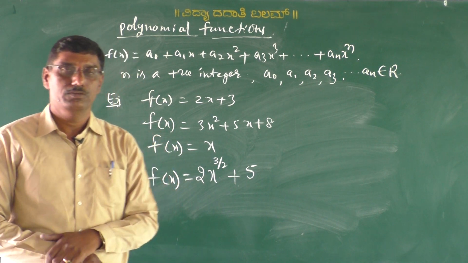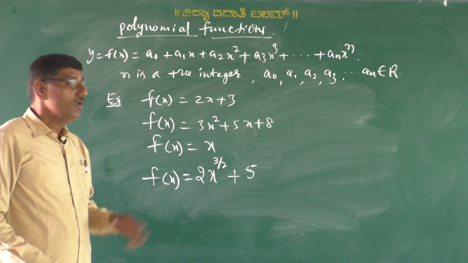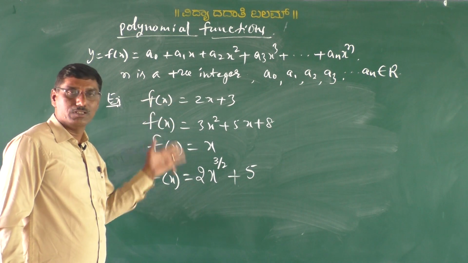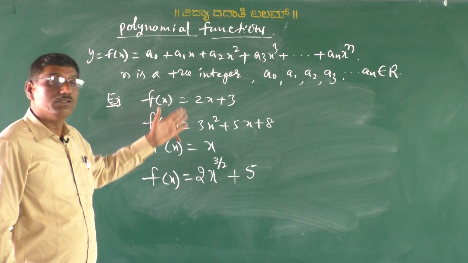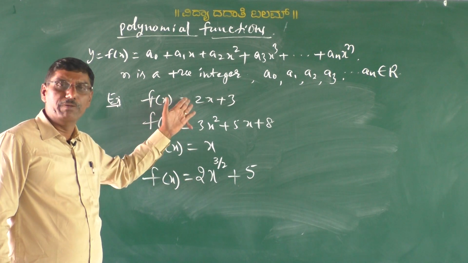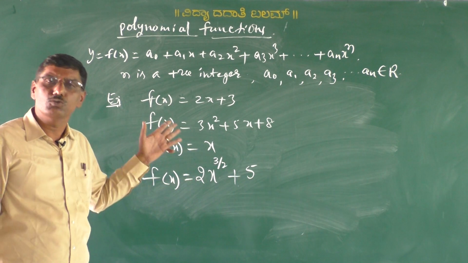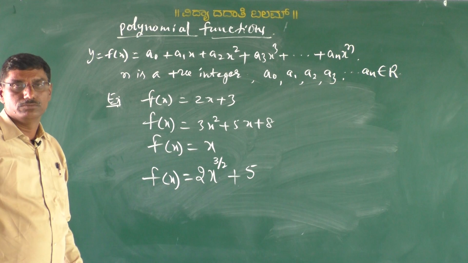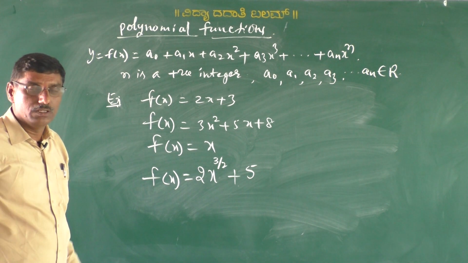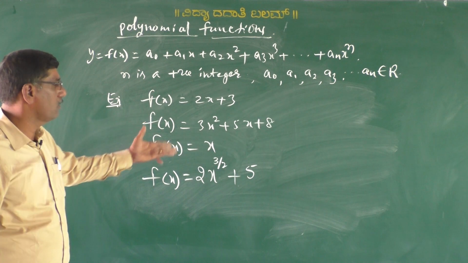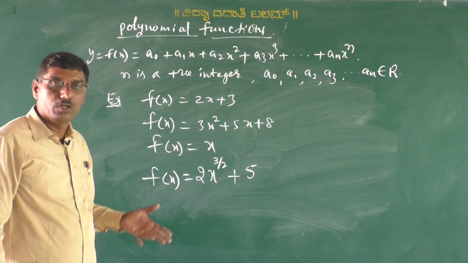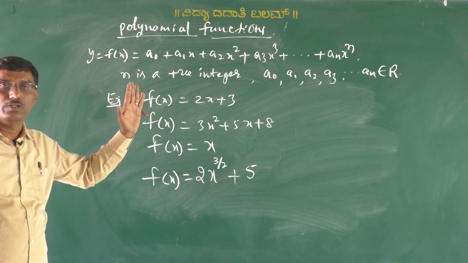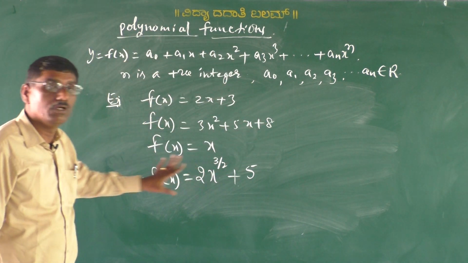Are you understood, all of you, about the polynomial function? Now, the graph of the polynomial function depends upon the type of function, maybe linear function, quadratic function, cubic function, and so on, depending upon the function we consider. The domain, we know, is the set of all reals, no doubt, but the range depends upon the given function. Are you understood about the polynomial functions, all of you?